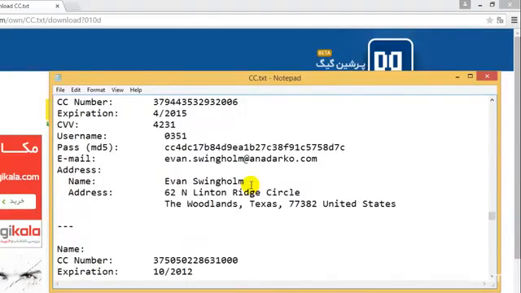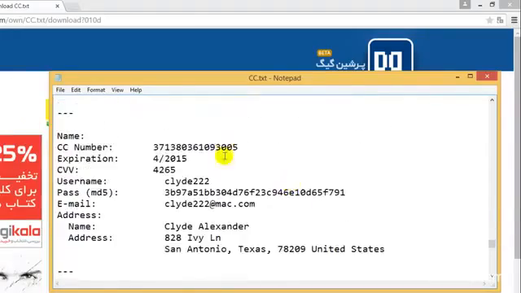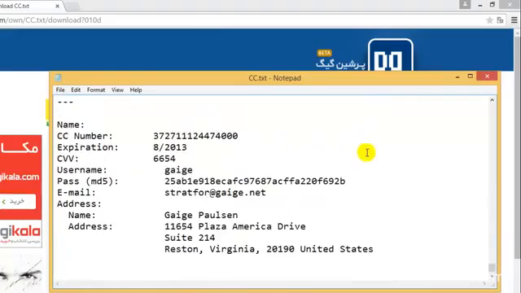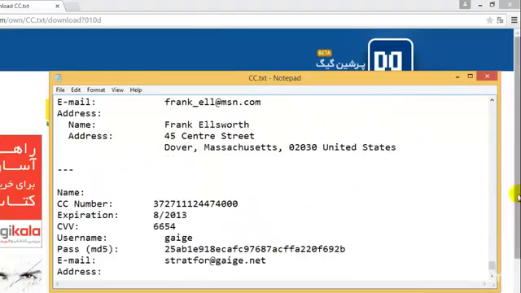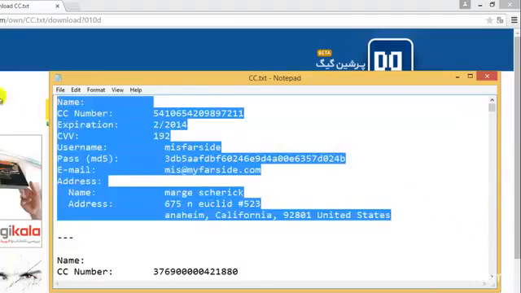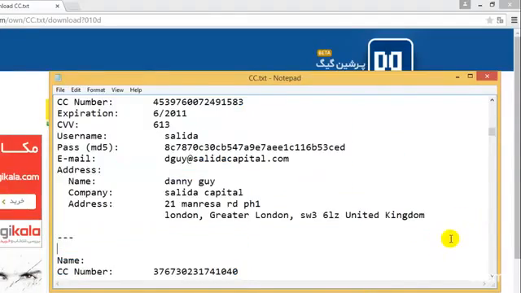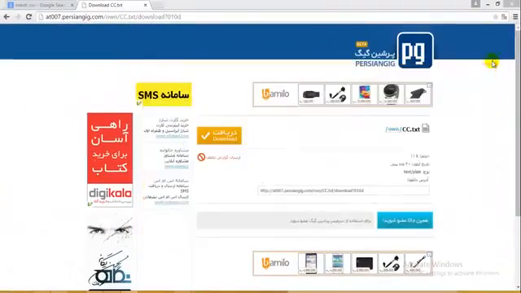Let me check if I have any active one. Feb, March, April. This expired last month. It's the American Express card, and even this expired last month. Okay, so I don't actually have any active one, and it's actually quite good that I don't have any active card over here, because if one of you watching this video is a malicious person, and probably uses that for illegal purposes,